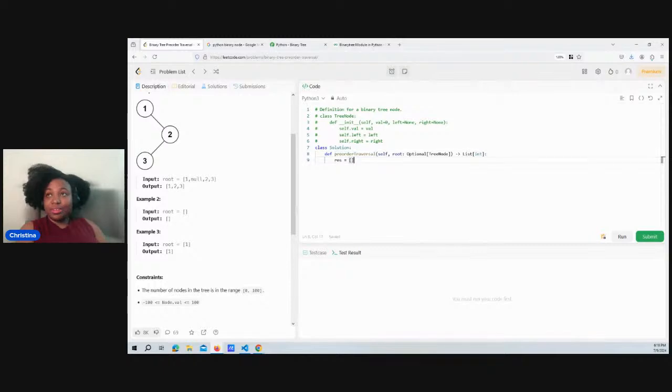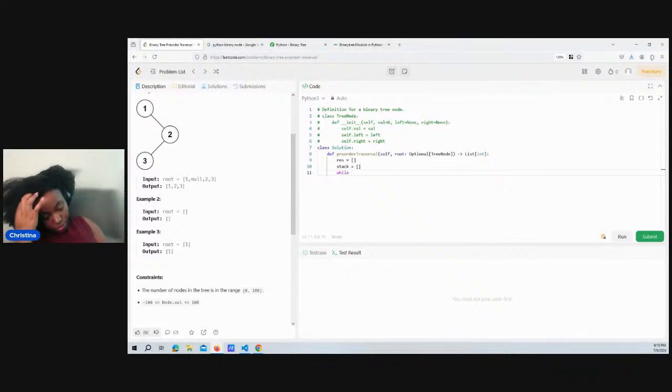We're going to create a stack, and we're going to set cur equal to root, which actually I don't know why we're doing that. Don't think it matters. So while root is something,